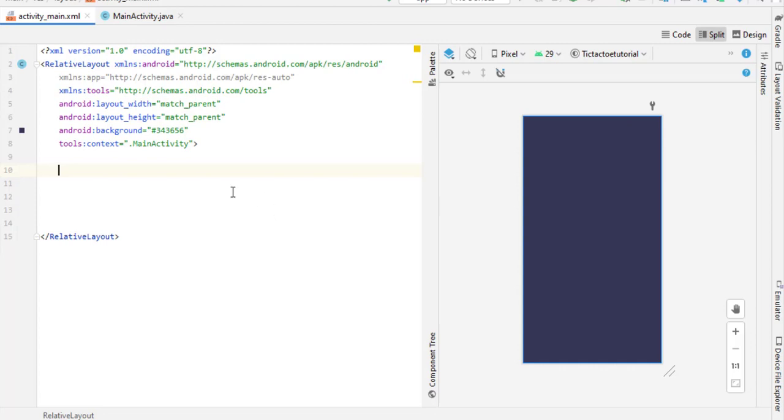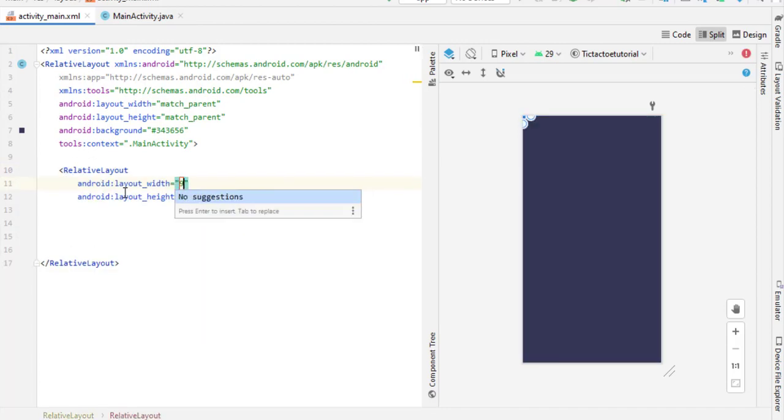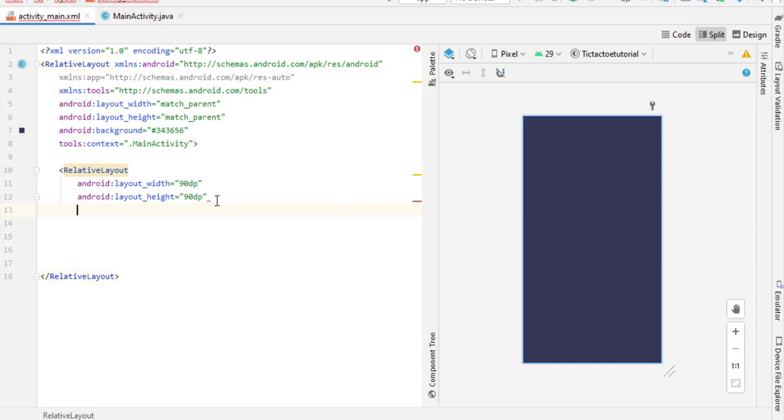So first of all, I simply put the image view inside my relative layout. It is better to use the image view inside a relative layout. It helps to create a responsive layout, and also it helps to adjust everything. So first of all, simply take an open bracket and type here relative layout. Then set the layout width 90dp, which is fine for our image view, but this is for the relative layout, so don't confuse between the relative layout and the image view. In just 1 minute I am going to clear every doubt, so don't worry. And I type here 90dp, and I type here center in parent and pass true.